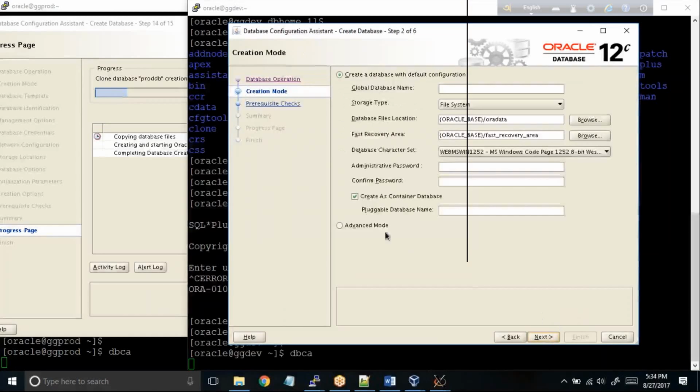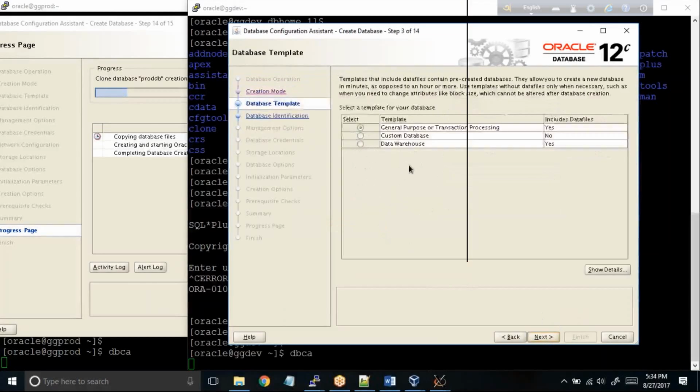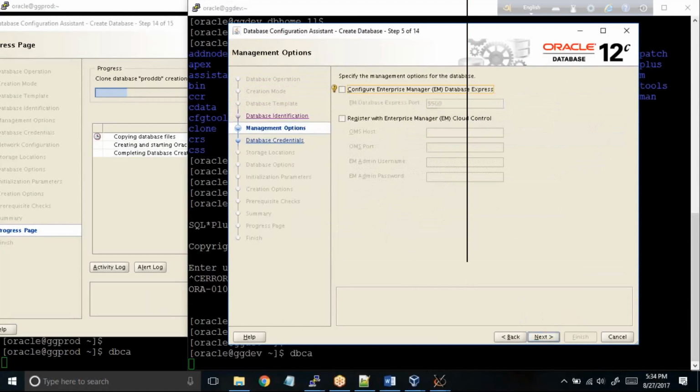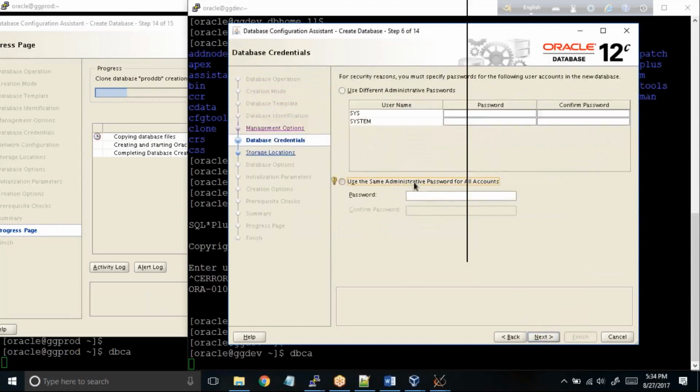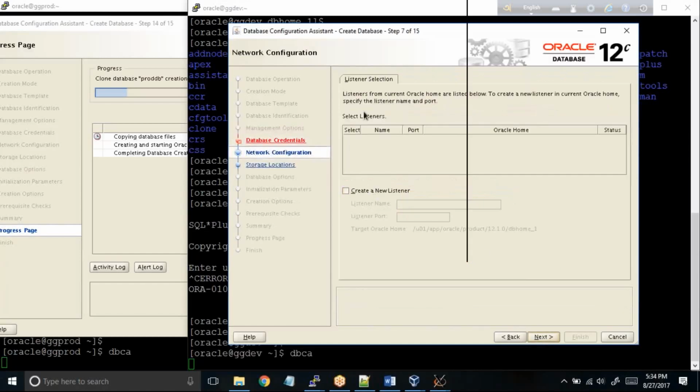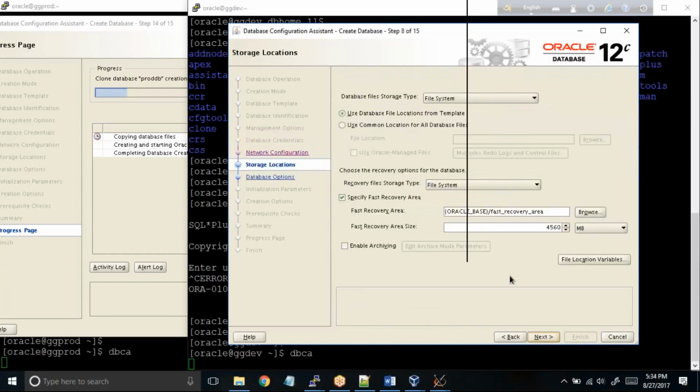We'll create database, advanced mode, general purpose. This will be devdb. Next, no EM. I'll give it as sys again. Okay, no listener. Use common location, enable FRA, make it 20 GB,